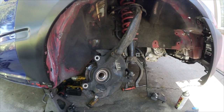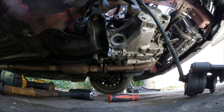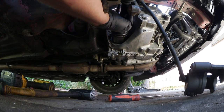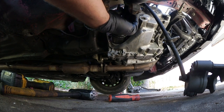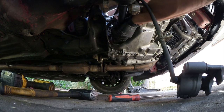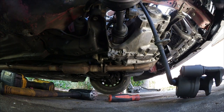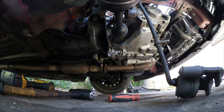So let's go ahead and install the axle. All right, just throw this in there. Hopefully that's good. Looks like it. Does it come out easily? No. I hope it stays in there. What else? I think with that we should be able to put the